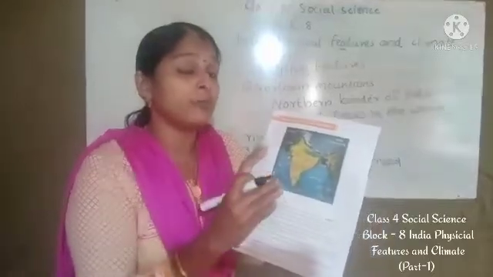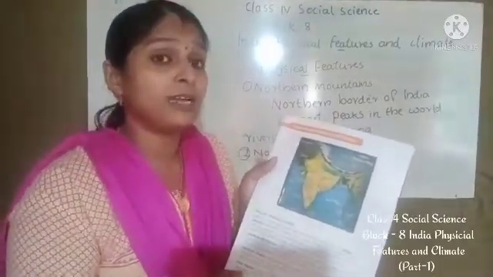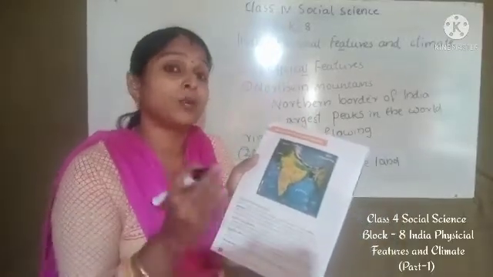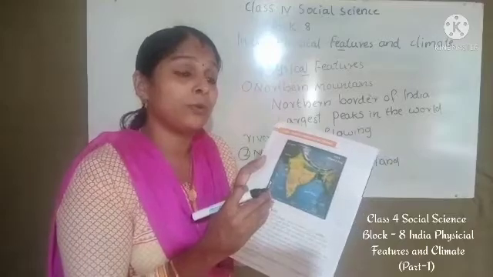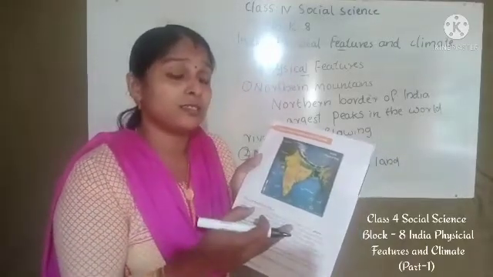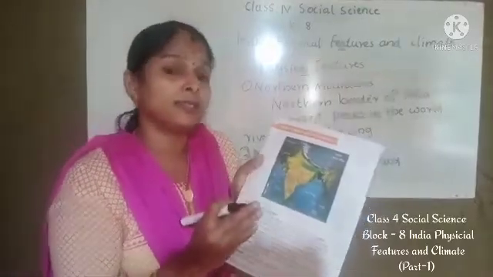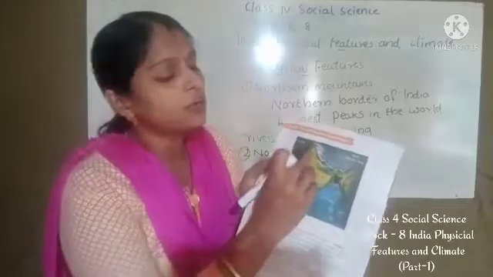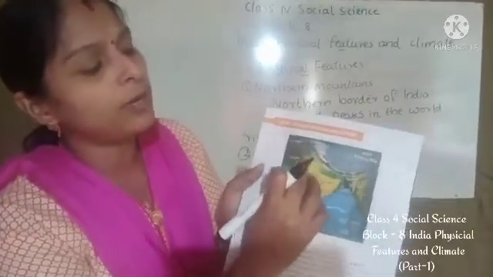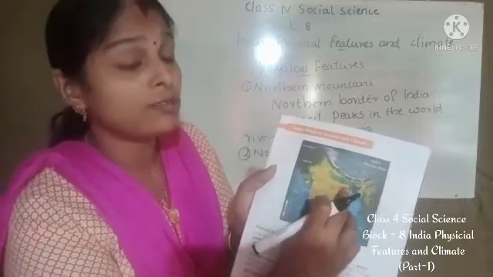In the physical map of India, as we studied in the last block, the colors help us to read the map easily. Different colors are used in the map to understand different features. So physical features we can easily study by the colors. What does green color show? Green color shows plains. Here just below the mountain you can see some green colored area. It is the northern plains.